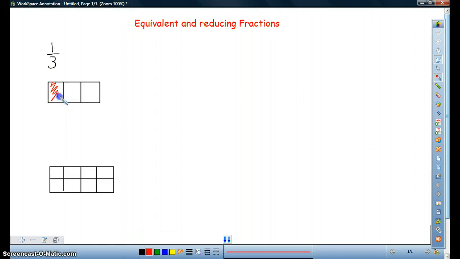And now we want to make an equivalent fraction. So to make something that's worth the same amount, but looks different. We're never going to change our coloring. We're never going to change the outside shape. It's got to be the same size to be equivalent. And then we're going to change how many pieces are in it. So let's take